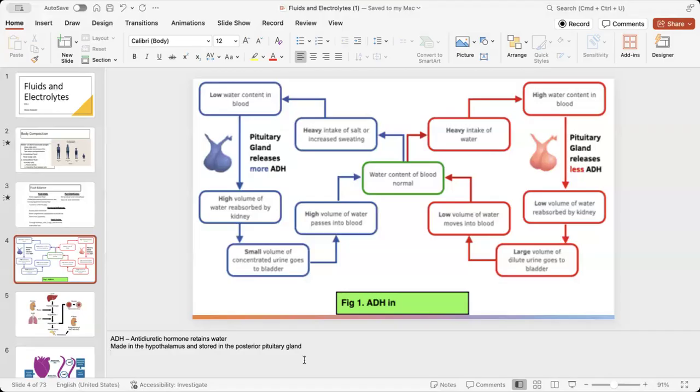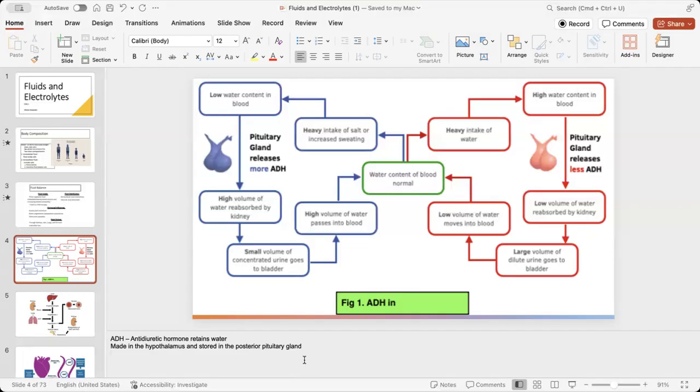Okay, what is that gonna do? Hold on to water, right? It's gonna reabsorb that water from the kidneys back into the body. Okay? A little bit is gonna go into the bladder and into the urine, right? Because we still need to get rid of toxins, right? We still need to get rid of those. So we're gonna have more water, more volume in our blood volume. Okay, because what does the body want? What's homeostasis, right? It wants everything to be how it should be.